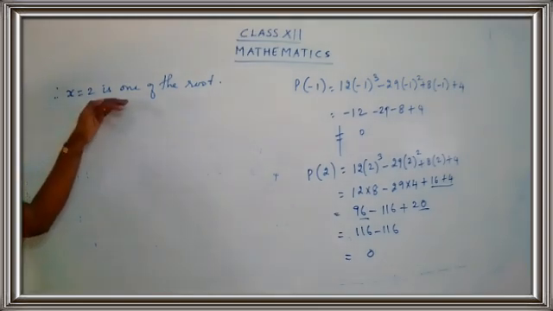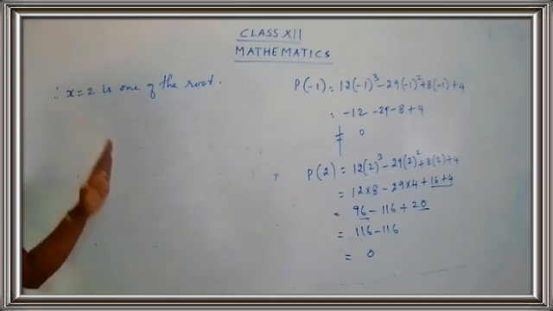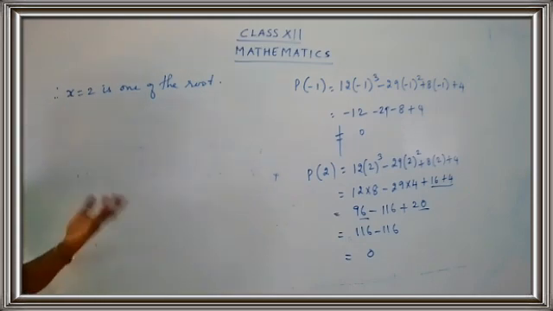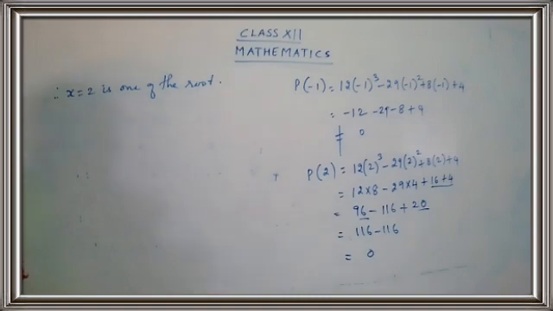So the one root is found. How did we get this one root? We got the root by trial and error method. We considered the equation, we took the value 1, we tried, we took the value -1, we tried, we did not get the answer 0. Then we took another value, it was 2. Yeah, we got the value as 0. Now you have concluded that x is equal to 2 is one of the roots, and here we have to get 3 roots and only one root is done.